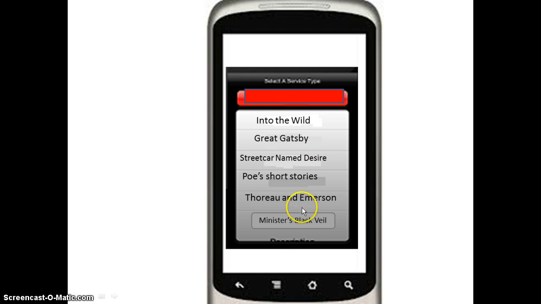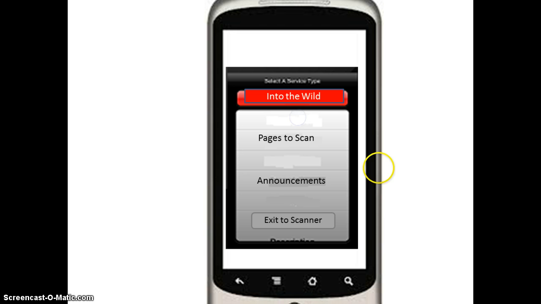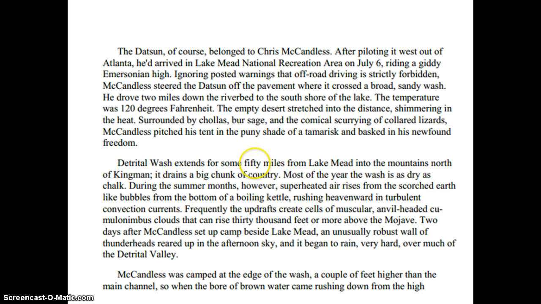Going to the list of texts, again, we have our previous texts here. And if they are in this section, they can tap their title, and see which pages they need to scan and announcements, or they can then go to the scanner and scan the pages that they were assigned. And if you remember,